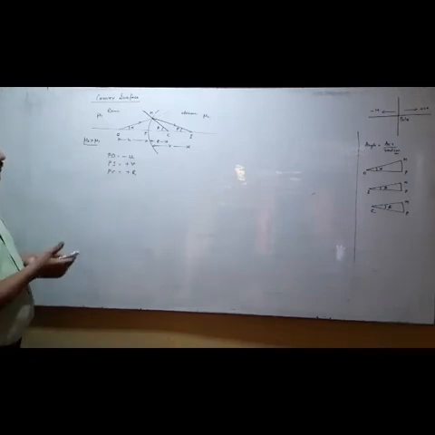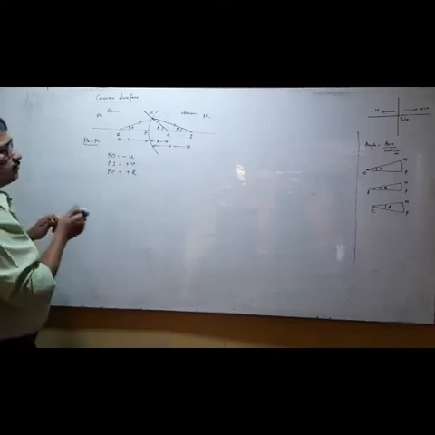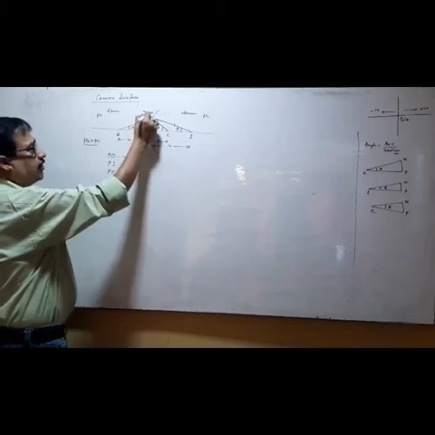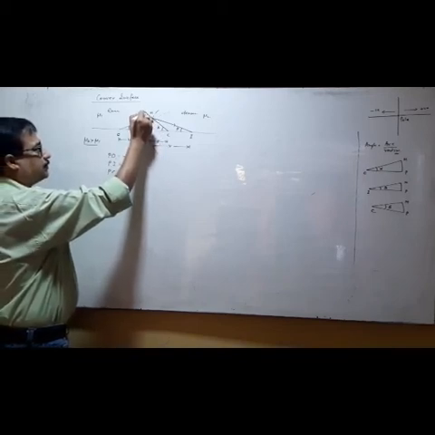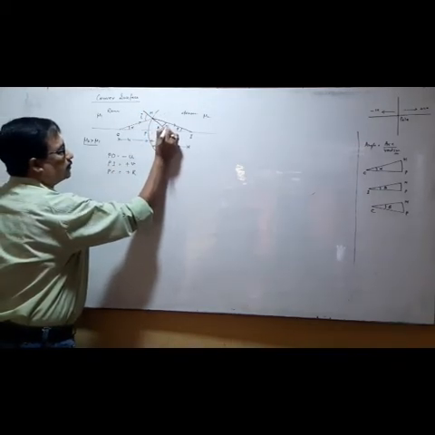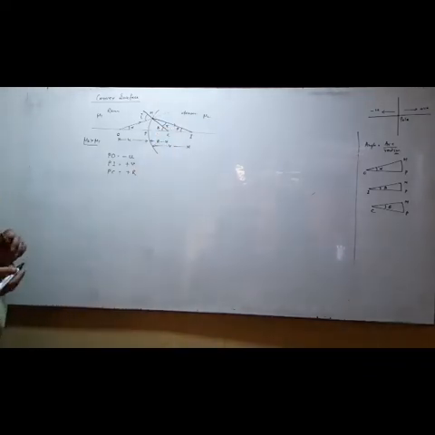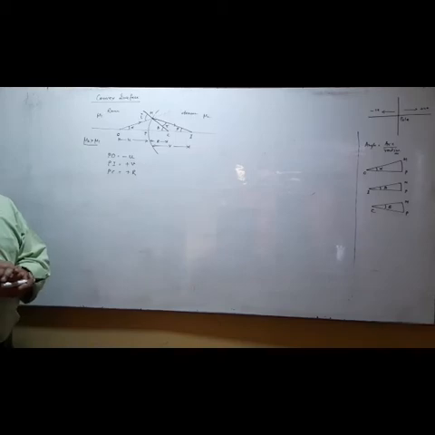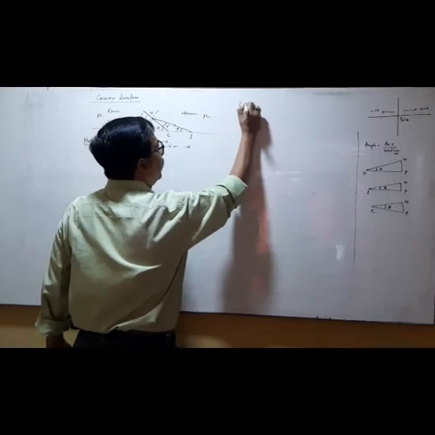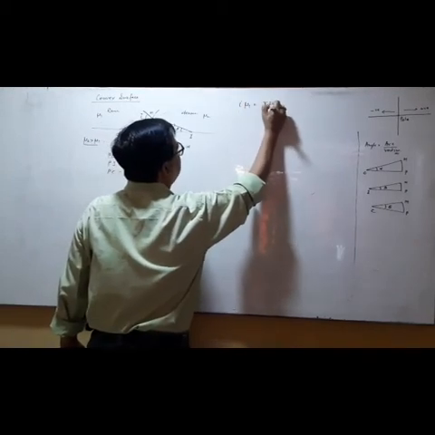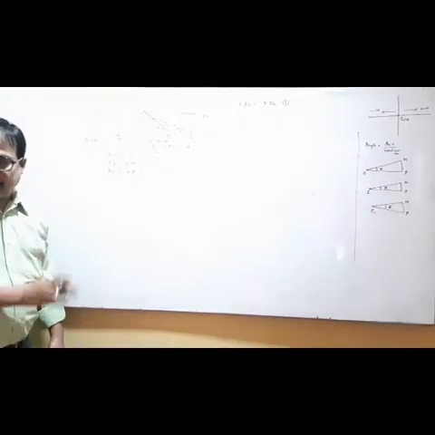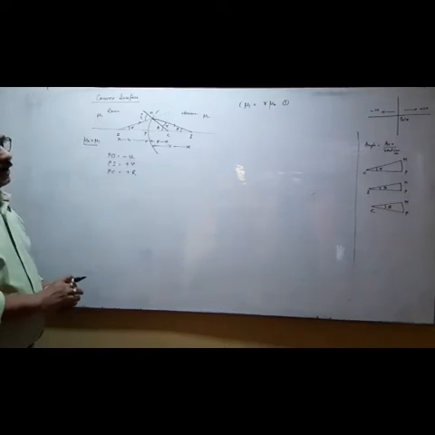Right? And again, we'll proceed in the same manner, but first we should mark the angle of incidence, between the normal and incident rays. The angle of incidence here is this. And between the normal and refracted rays, the angle of refraction is this. So the process will be the same, but the difference is in the diagram. So first step, we can write i into mu1 is equal to r into mu2. It was already shown in the first part how this comes.